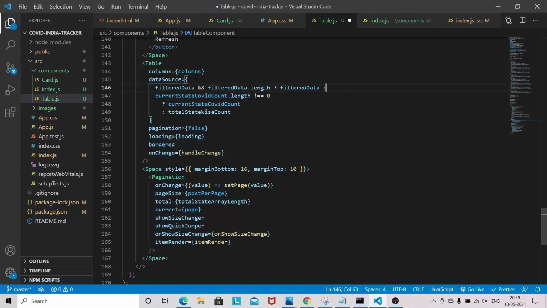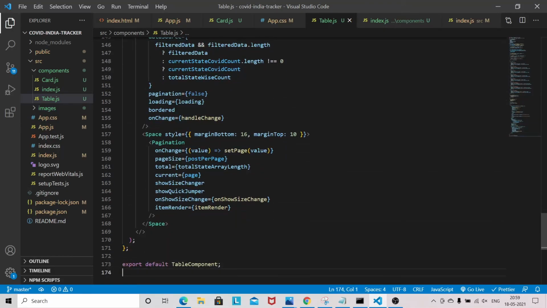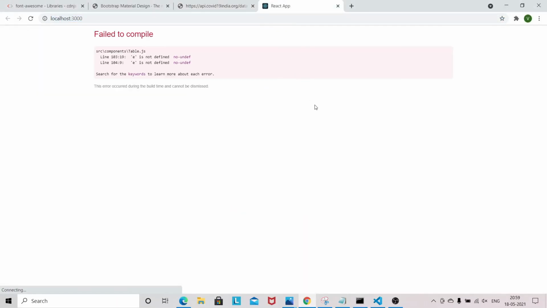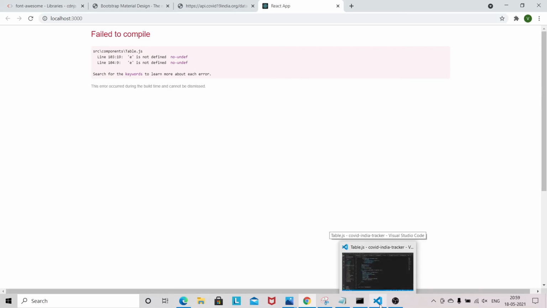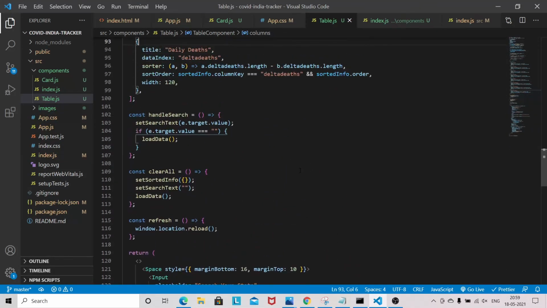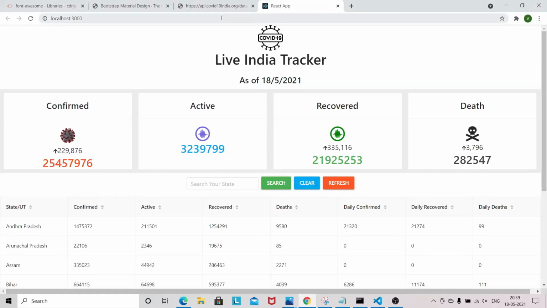So let's see whether all the functionality is working or not. So we have an issue, okay, 103. Okay, sorry. The count is getting updated, okay, every time.